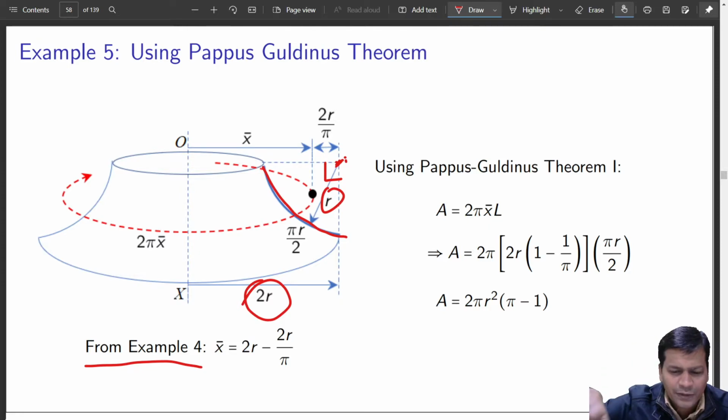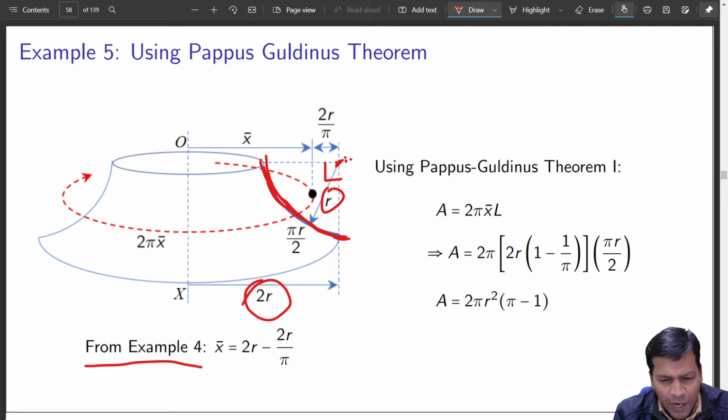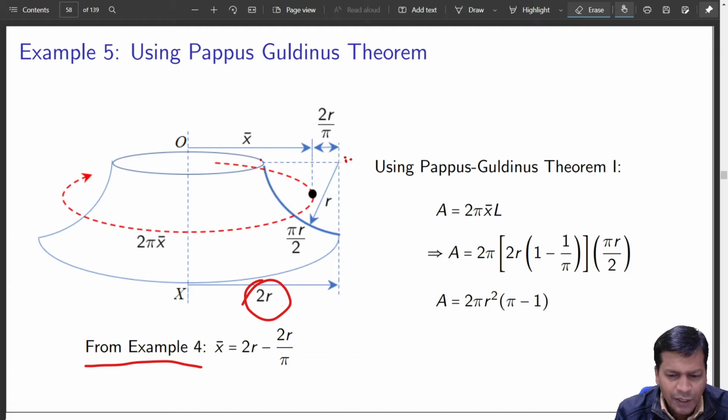So it creates a generating arc. So this arc is generated by a point which follows this locus. You got it? So it is pi r by 2. So the length of this will be pi r by 2. Hope this is quite clear. It is a quarter of a circle, 2 pi r by 4. So it is a quarter of a circle. So the length is simply pi r by 2.